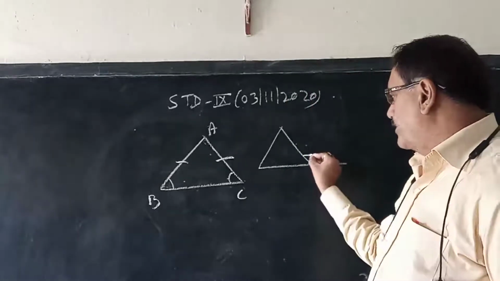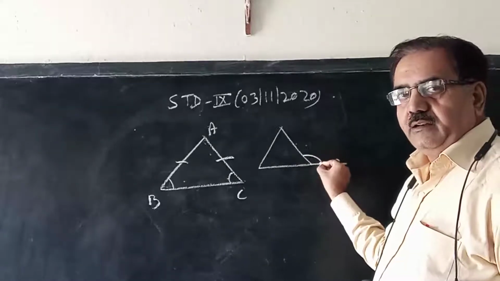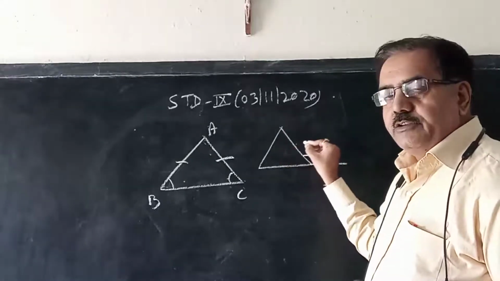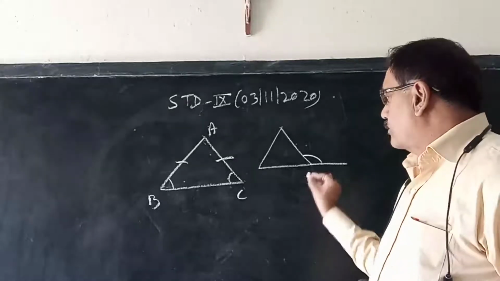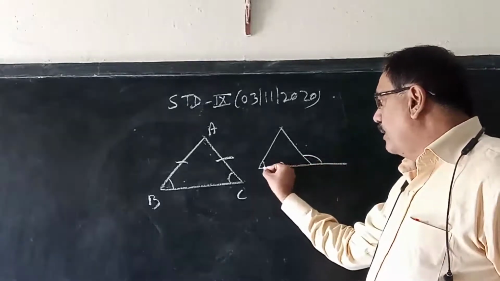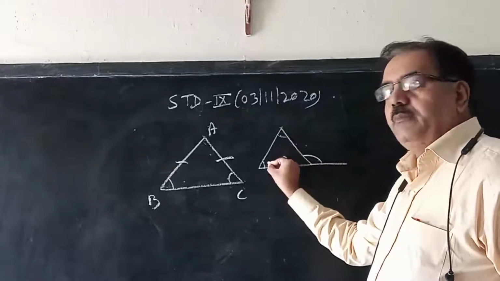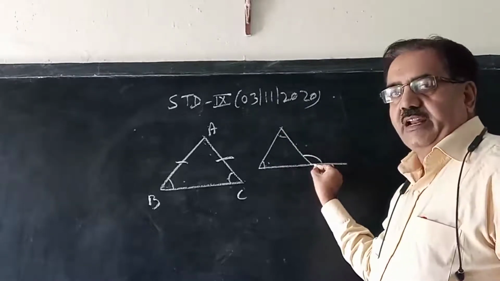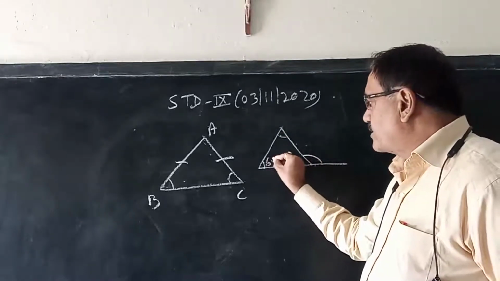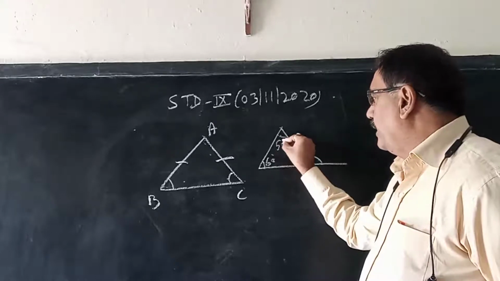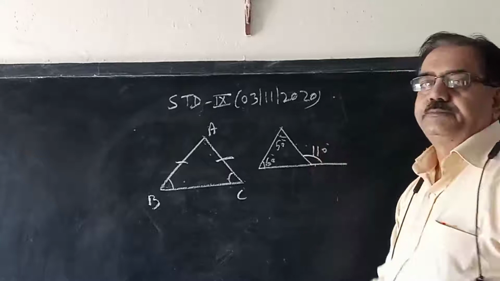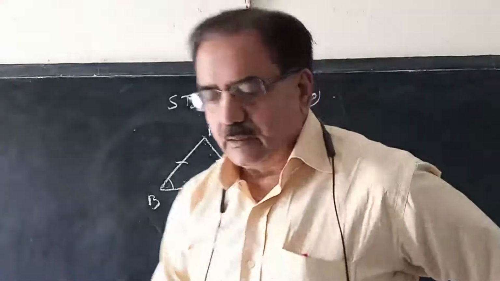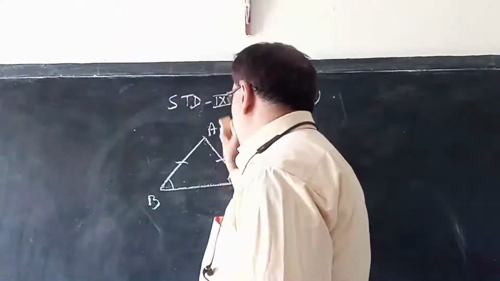of a triangle. This is the exterior angle of this triangle, and it is equal to the sum of the opposite interior angles. So the opposite angles, this one and this one, their sum will be equal to the exterior angle. I mean, if this is 60 and this is 50, then 60 plus 50 is 110. Is it clear? Third property,